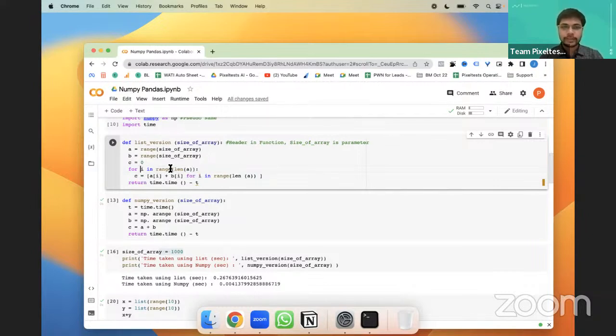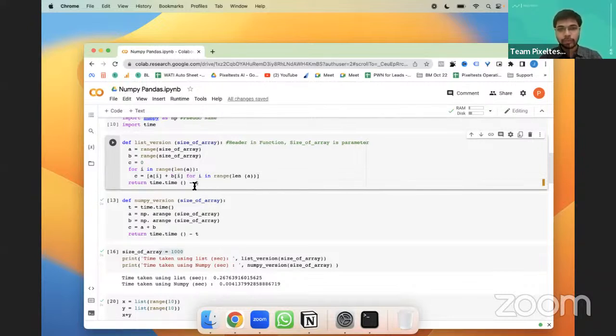Now whenever it is 1000, we are making the list c and adding. By giving square brackets, we are telling that this is also going to be a list, and here we are going to add the first index in a and then b, right? If it is 1 and 1 in that particular list, c is going to be 1 plus 1, and we are doing it for i in the same range, right? So in the range that we have given.